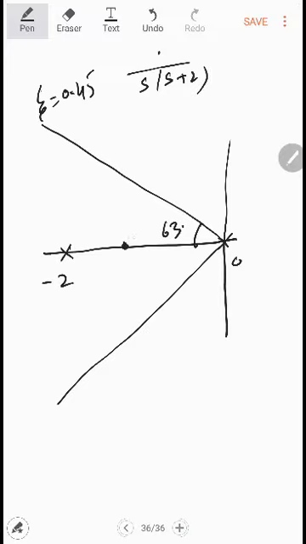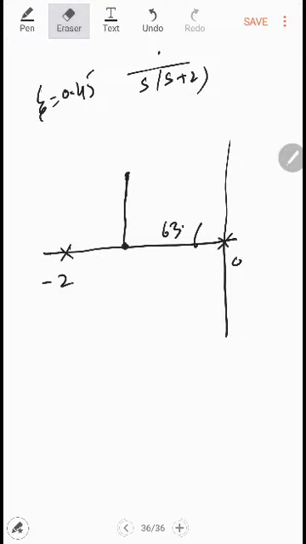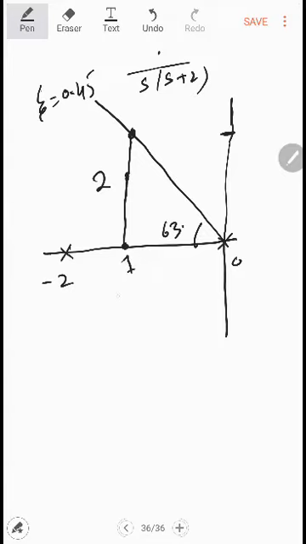So you see, we have this one. I have to properly use this angle. I think this is wrongly drawn, so I have to properly draw this one, so that we make it like 63, so that we can get this location, which is minus 1 plus j2 over here. Now everything seems perfect. So this is equal to 1, this is equal to 63, this is 2, zeta is given, zeta omega n is given, everything is given, and now we have to do what?